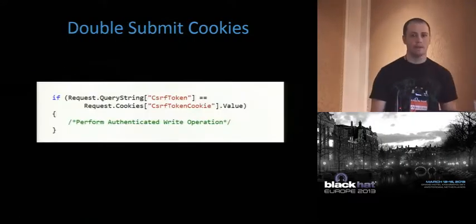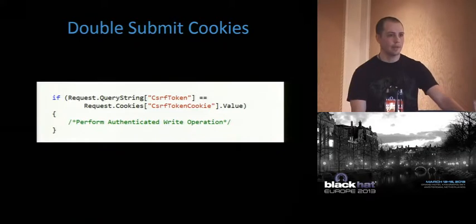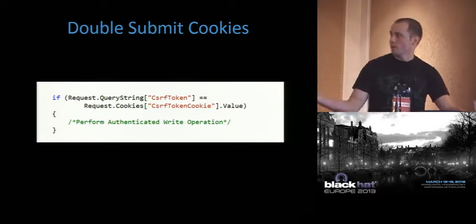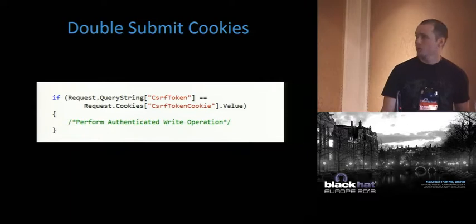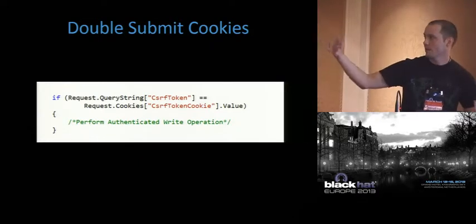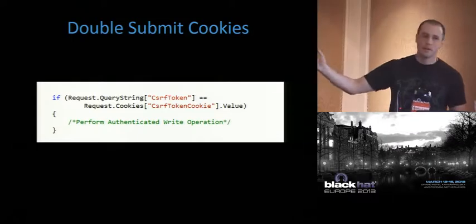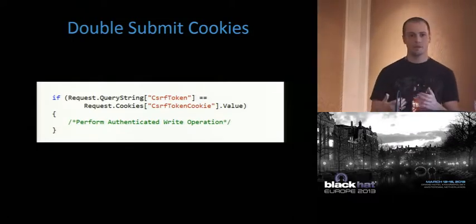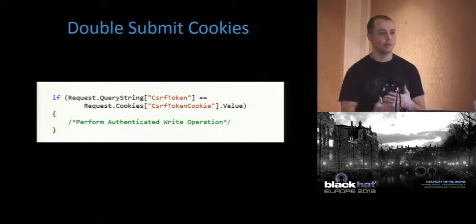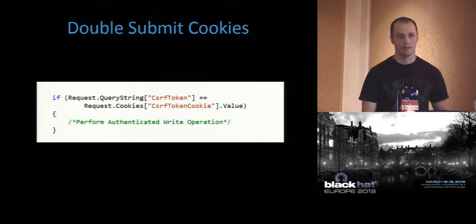One of the first problems we found was presented at CCC and Blackhat Abu Dhabi in 2011. One of the most obvious things is this was super common. It's still super common, but I'll call it, for this talk, naive double submit cookies. What it does is, if there's a cookie and a value in the query string, all it does is check if they're equal. The assumption here is that we're in the same origin and only the same domain can write cookies. So if they're equal, then we're probably good and we let this request go through. That's how we protect against CSRF.